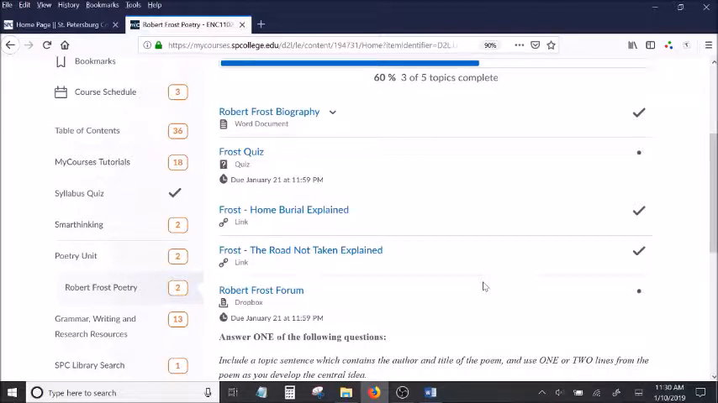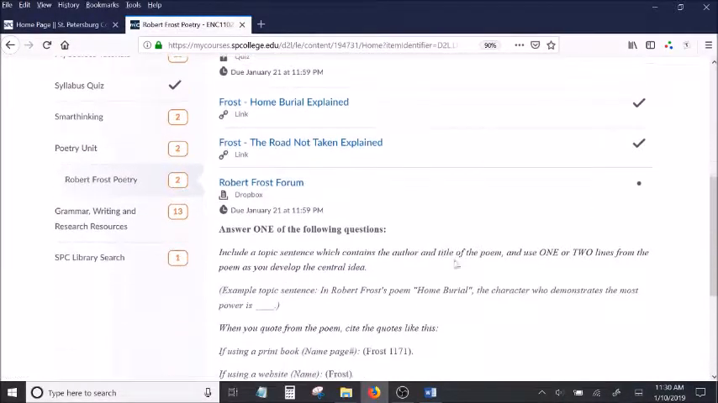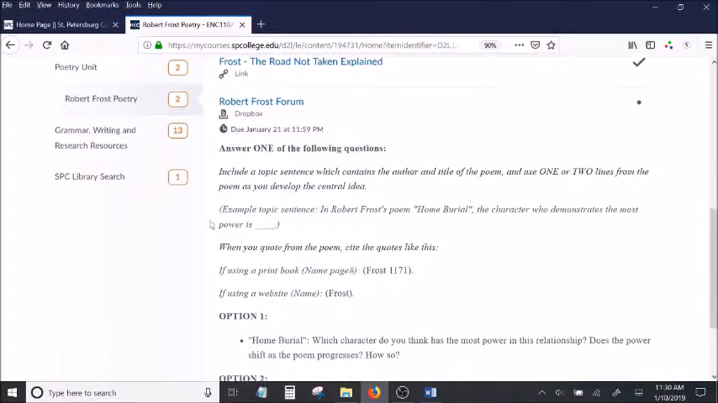And that's going to be the similar process as we go through each of the readings. You'll get the quiz. Once you take the quiz, the explanations will be unlocked and you can watch those videos and then use your notes from those videos to answer your forum questions. Very simple,